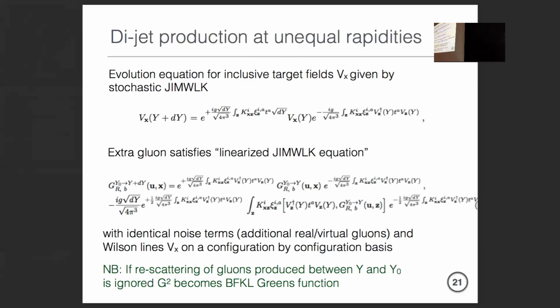If you show this diagram to somebody who thinks of this all as just a target, like Genia or maybe L, they would say this is zero by AGK cutting rules. It should be zero. But what we saw with Jamal, if I remember right, is that this thing actually doesn't disappear. So this is an evolution between the two gluons with a non-linearity, as opposed to a simple linear evolution where you produce both gluons from the projectile.